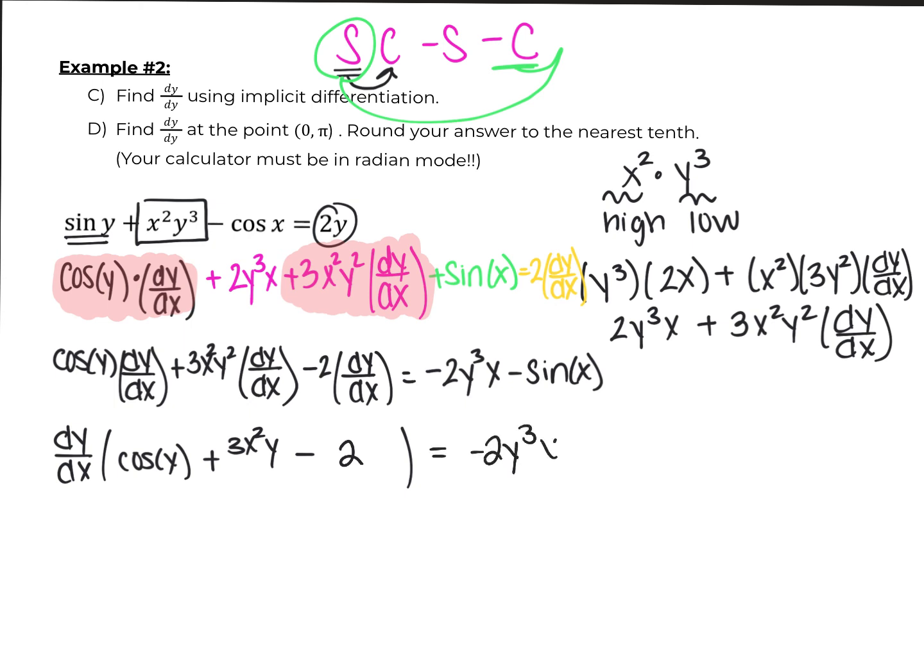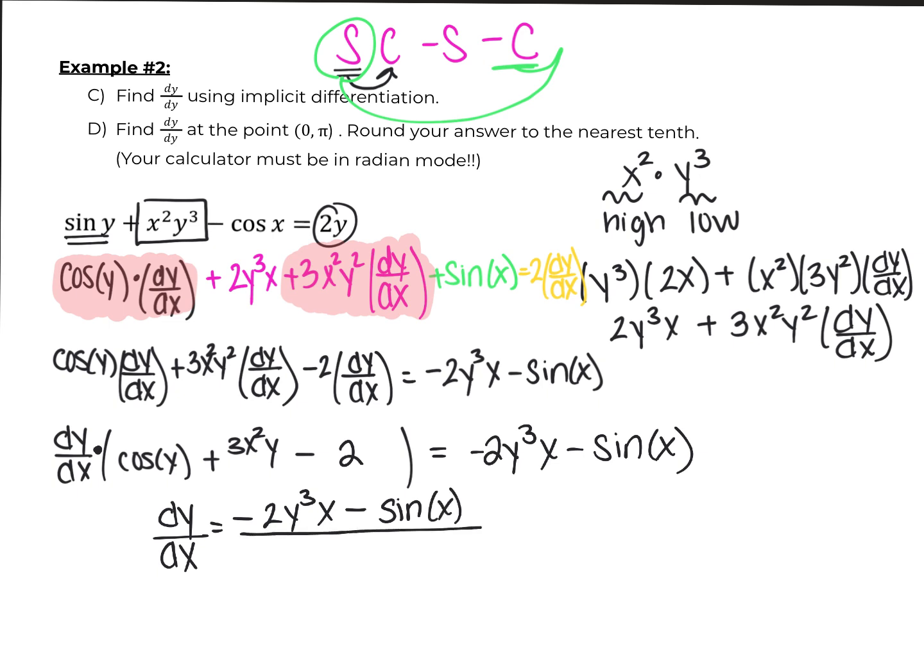Everything else will stay the same. Last but not least, since this dy over dx is attached to those parentheses by multiplication, we're going to simply divide to get dy over dx by itself. So negative 2y to the third x minus sine of x all over cosine of y plus 3x squared y minus 2. So that is your answer